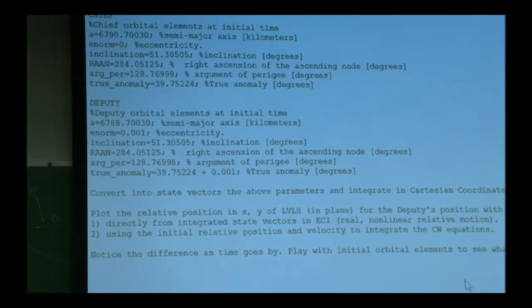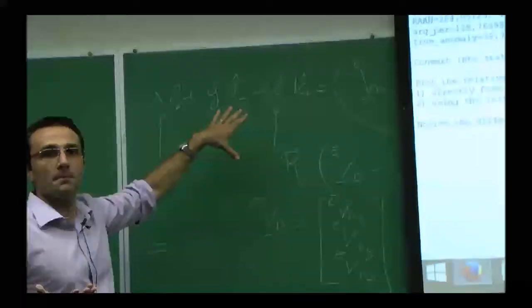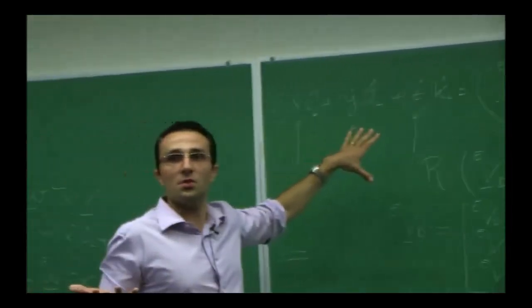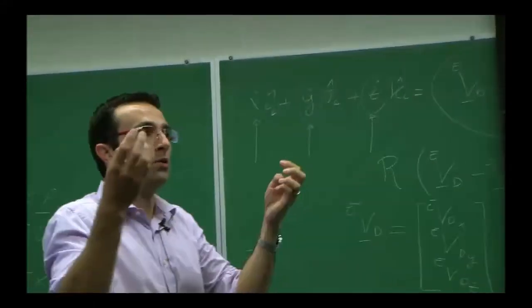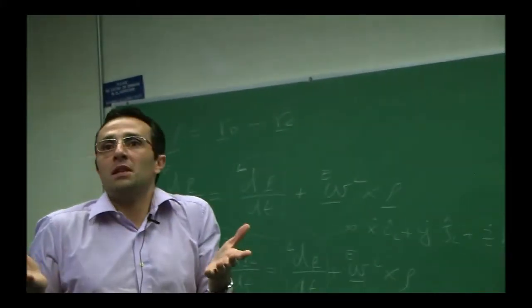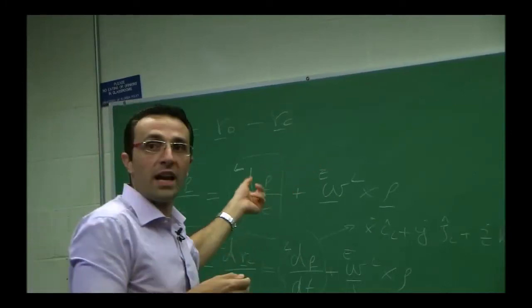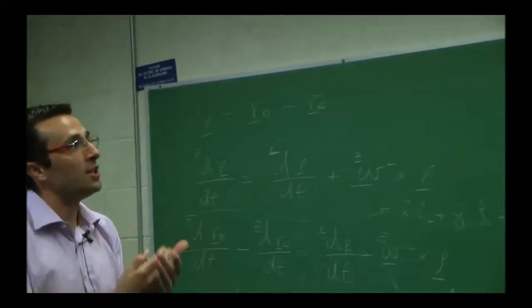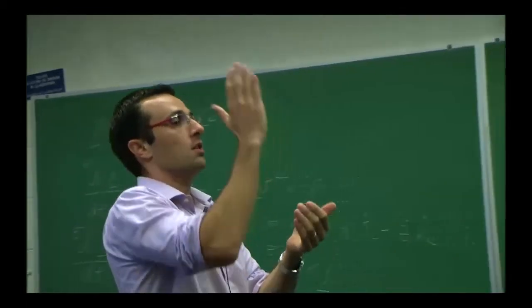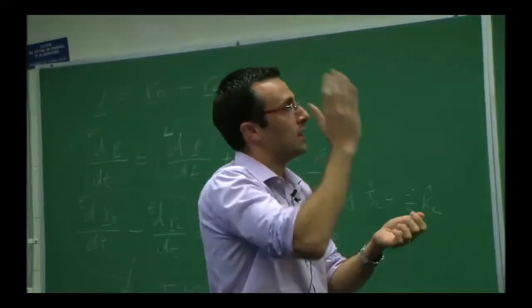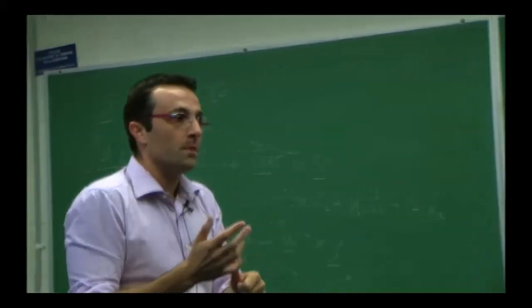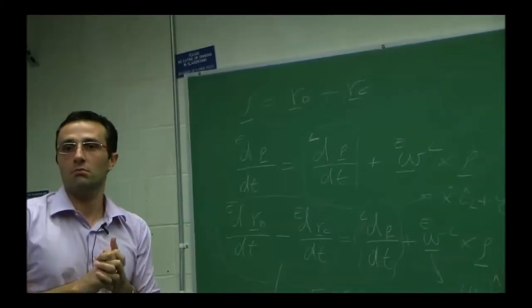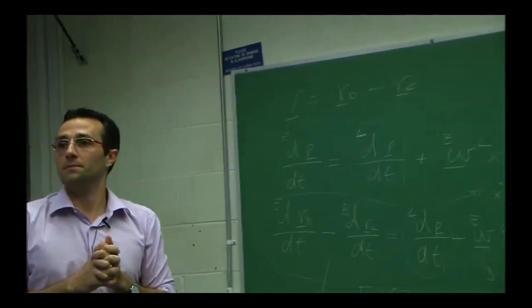Or you just do these operations that we discussed at every single time step. It doesn't give you linear equations that you can use. It gives you the actual real non-linear relative motion. It tells you how the position of the two changes with time projected in LVLH without approximating, without linearizing. So the steps that I have described here, if you do it at each time step, you have position of chief, deputy, velocity of chief and deputy, you do this, you get x, y, z, x dot, y dot, z dot, but they are not given by the Clohessy-Wiltshire equations. There's no linearization, I don't use them, right?